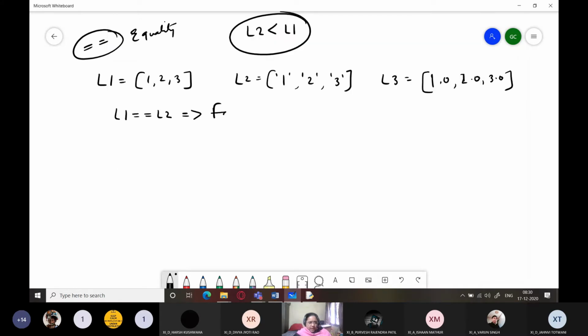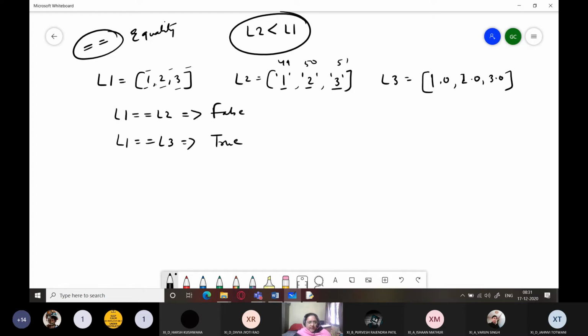Yes, obviously both are not equal. It's not a question of different data types; the fact is internally 1, 2 and 3 have different ASCII values, that is different decimal values, right? Those decimal values are not equal to 1, 2 and 3, because 0 starts from 48, so 1 would be 49, this would be 50, this would be 51, which are not equal to 1, 2 and 3 at all. But if I write L1 equals L3, this is true.